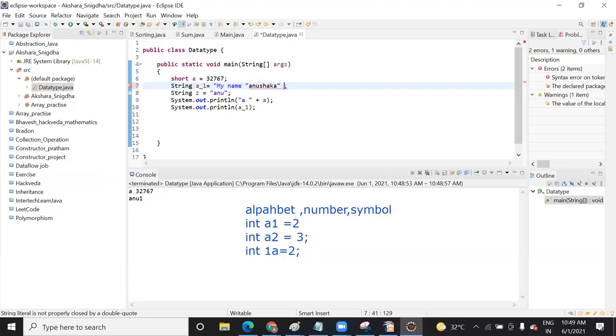I know this. But what if I want to do something like this? We can do it. We just need to add a slash operator, because it is not considering this double quote inside a double quote. So you just need to add a slash, I think. I need to check it once.